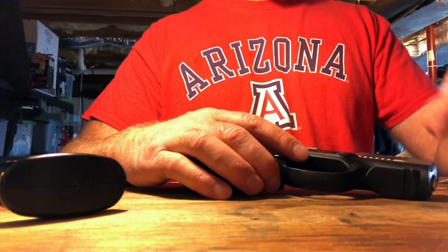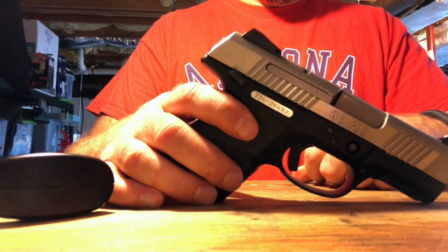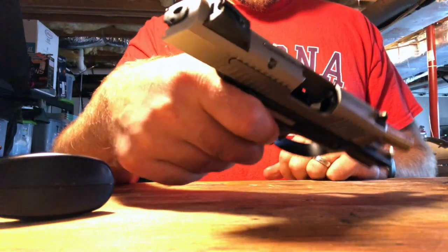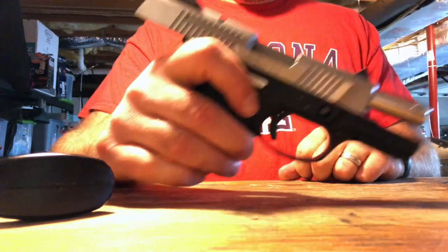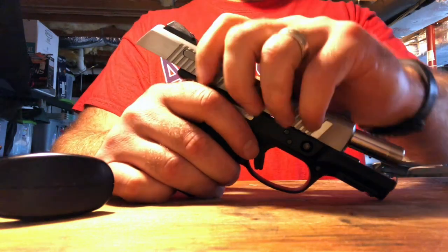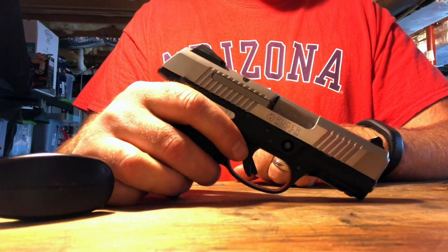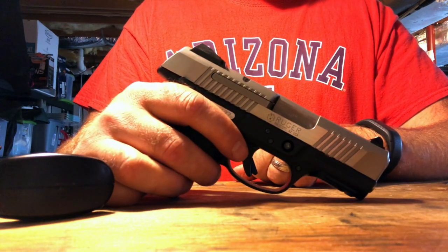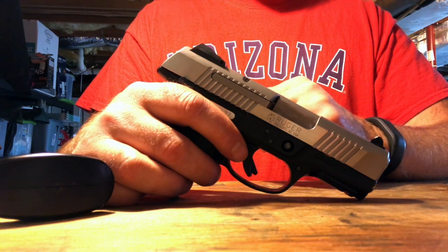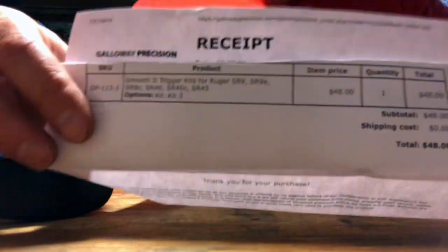Alright, so this video is going to be on my Ruger SR9C, and it is completely empty, as you can see, 100% empty. This is my first attempt at a YouTube video, so bear with me as I fumble my way through it. But what I'm going to be doing today is measuring the trigger and then attempting to lighten it with a Galloway Precision